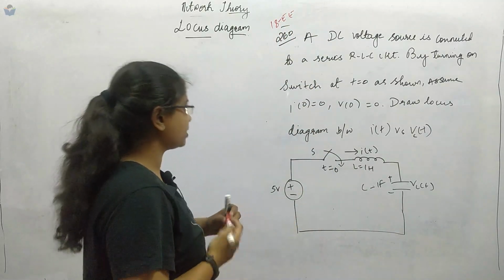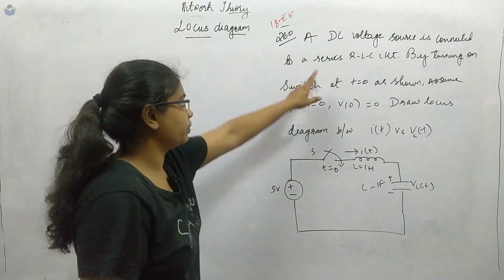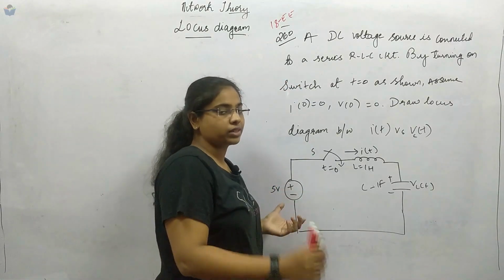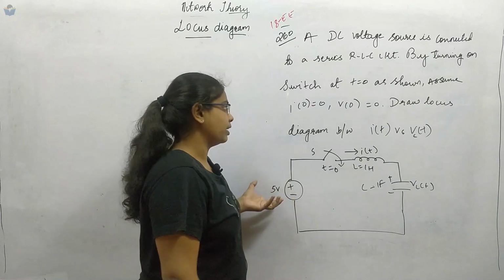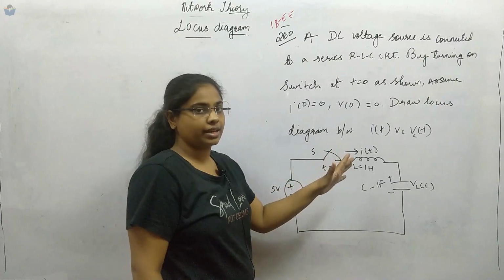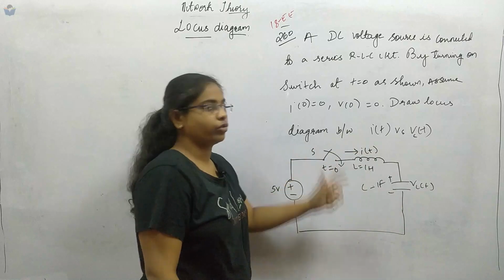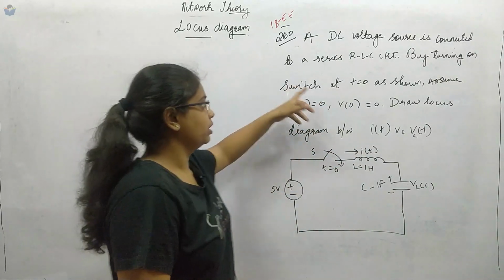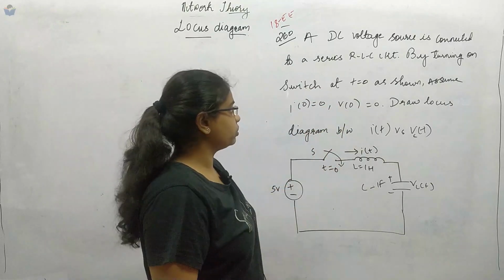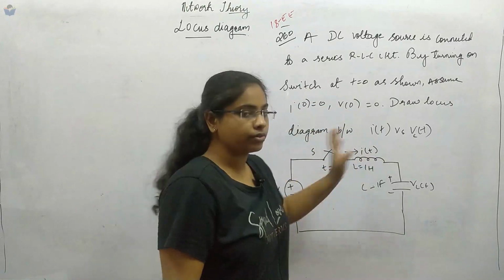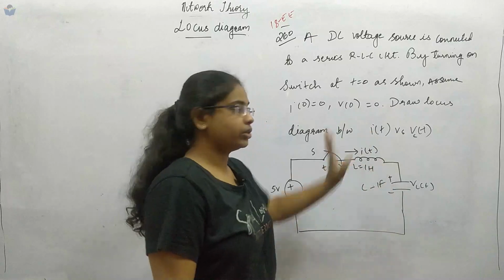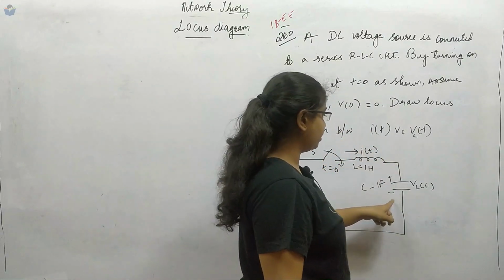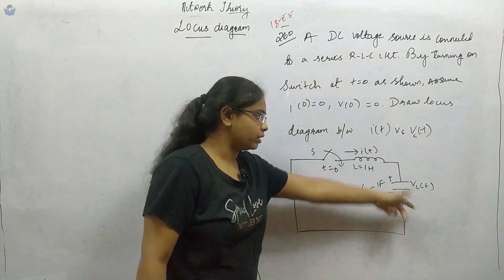It says that a DC voltage source is connected to a series RLC circuit. Now this is a DC voltage source, but what we have studied is AC sources, right? So directly it is not a locus diagram question. There are many things involved in this one. Transient is also involved because you are seeing a switch in this. By turning on the switch at t equal to 0, we have to assume that I of 0 is equal to 0, V of 0 equal to 0. And we have to draw the locus diagram between I of t and Vc of t,